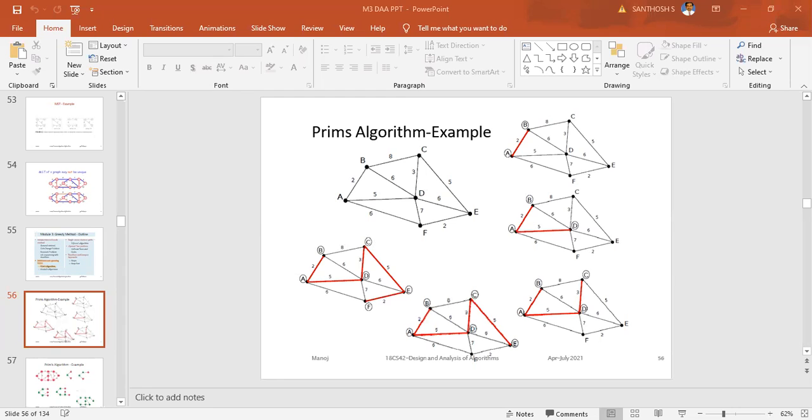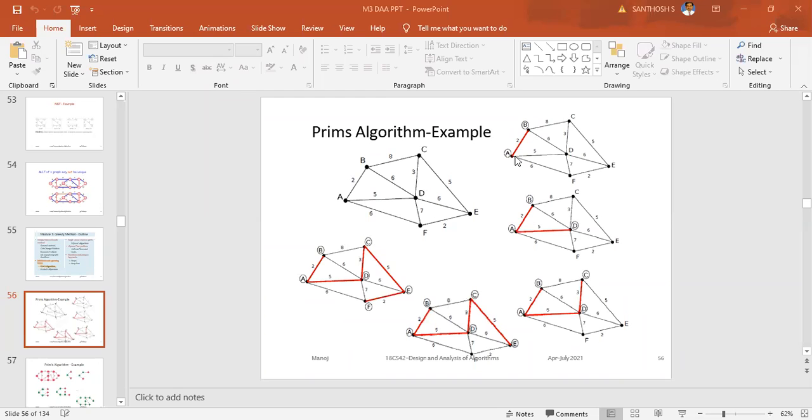Can you people answer? From node B, you have B to A, B to C, B to D, so three paths from B. In the diagram, which is the minimum path you have? B to A is 2, B to C is 8, B to D is 6. So 2, 8, 6. Which is the minimum? It is B to A. Okay, good. What is the path value? 2. That's why you have marked it as B to A.